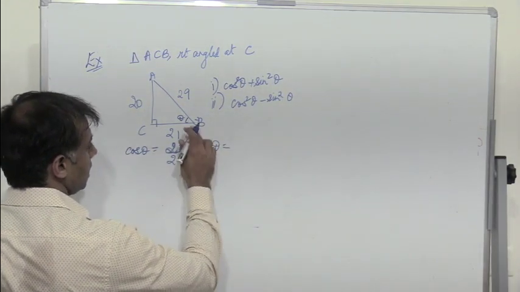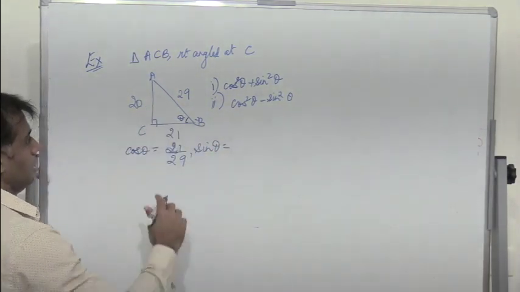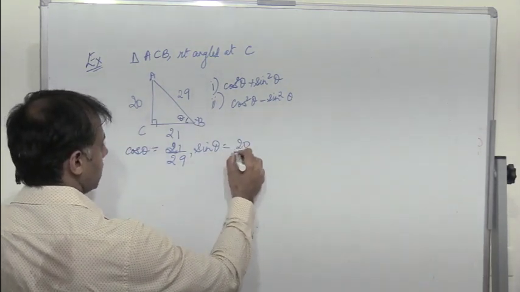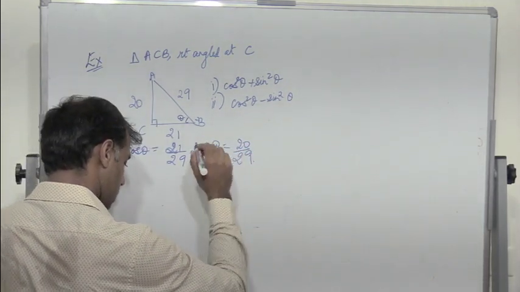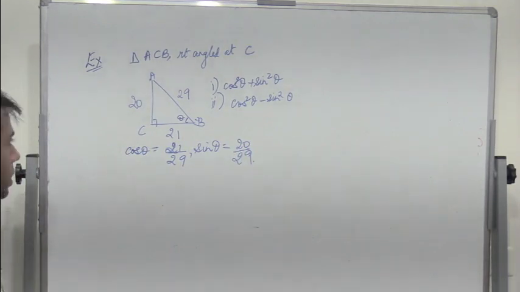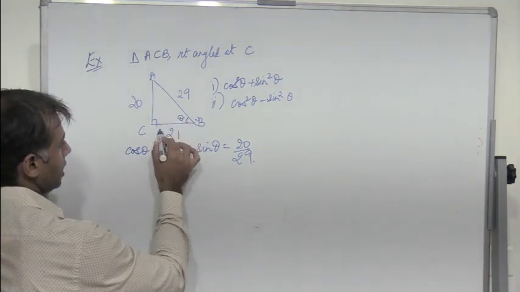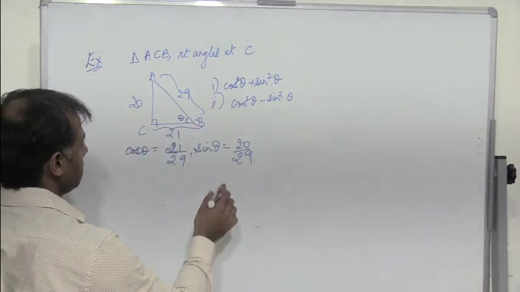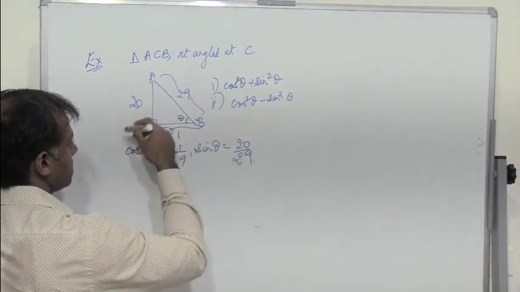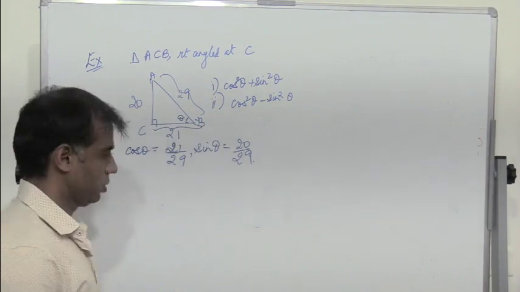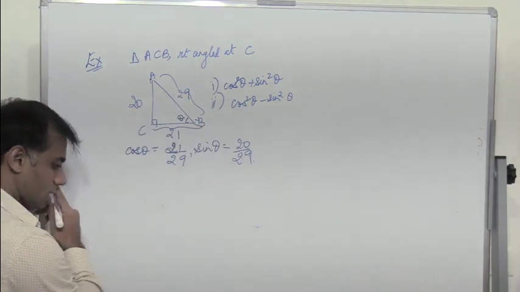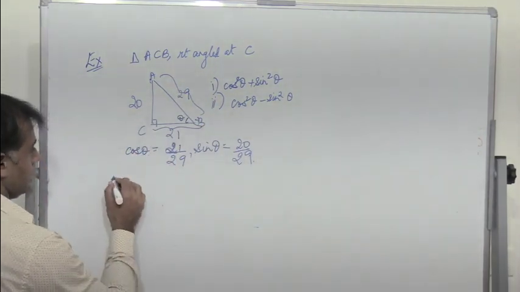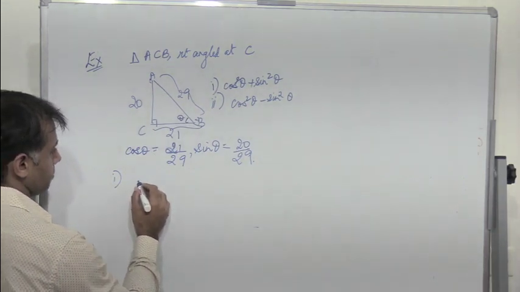It is opposite side of B, which is 20 divided by 29. Okay, right? So cos theta is the adjacent side BC by AB. Sin theta is opposite side, which is AC by AB, the hypotenuse. So now let's take the first expression, cos square theta